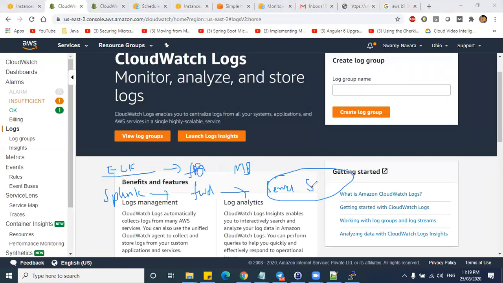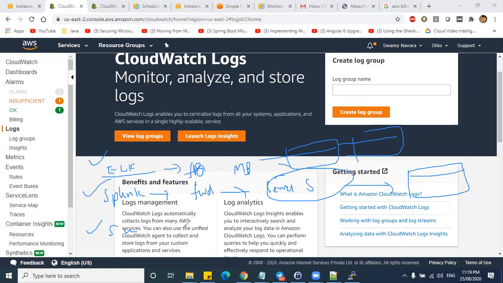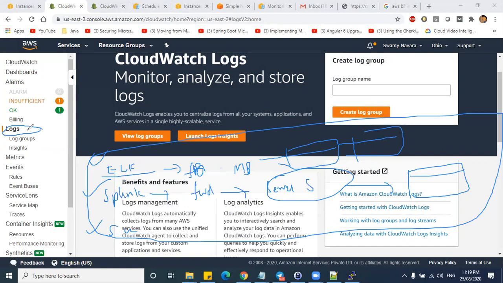In Splunk server, you can filter the logs, you will have a user interface. Here you will have a Kibana or Grafana user interface, where you filter the logs in open source. Similarly, there is one more called Sumo Logic, with the same architecture. But these are external tools. AWS provides CloudWatch to monitor the logs. But just remember one thing, these logs are mainly used only to monitor AWS services logs. Application specific logs we'll be using with tools like these. Clear?